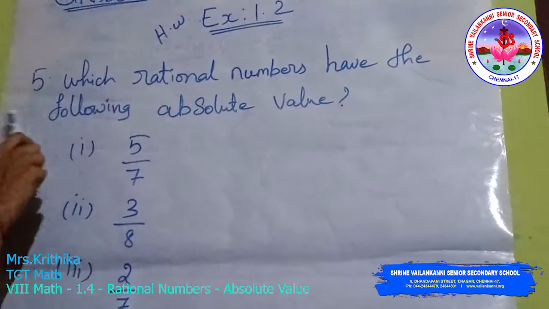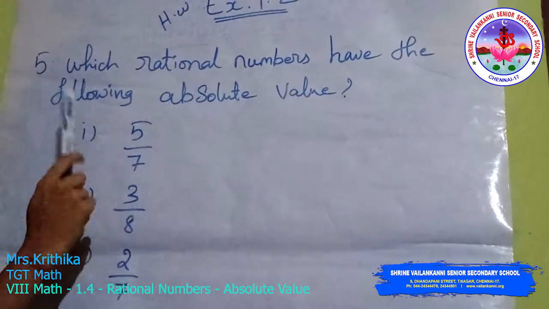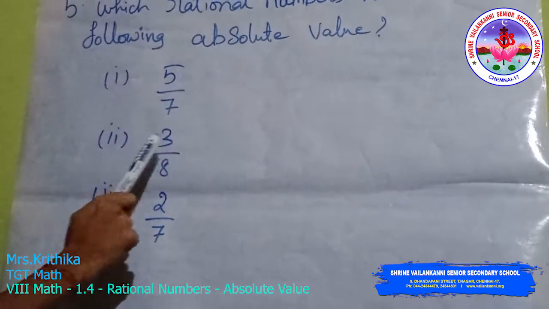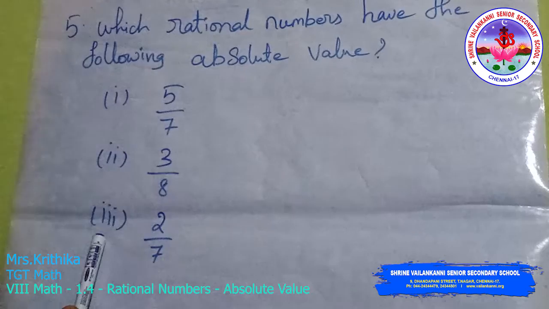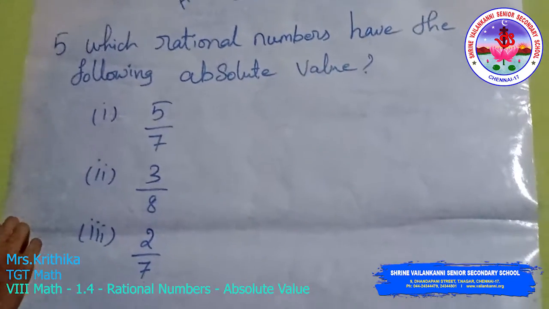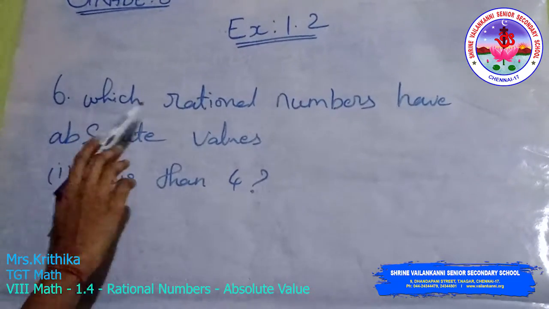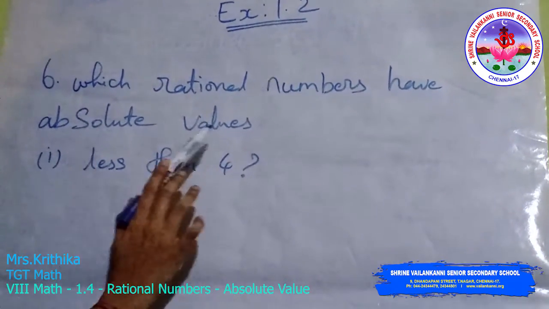Homework sums. Fifth question. Which rational numbers have the following absolute value? First one is 5 by 7. Second one is 3 by 8. Third one is 2 by 7. Next question, sixth. Which rational numbers have absolute values